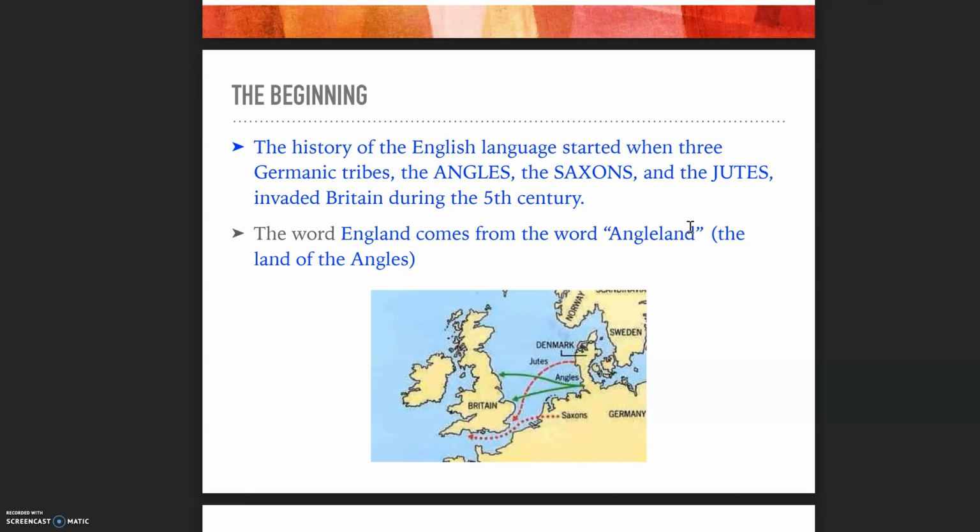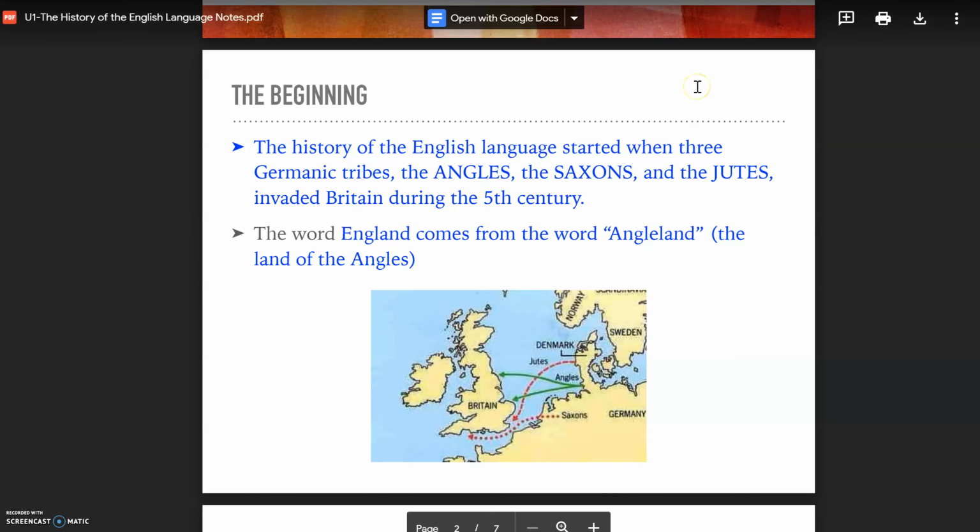So we're at the very top of page 7 where it says the history of the English language started. Okay, and we're just going to fill in the blanks with this information. Try to commit this stuff to memory, but I know it's probably relative, but it's very interesting how our language came about and the origins of the English language, and so that's what we're really going to